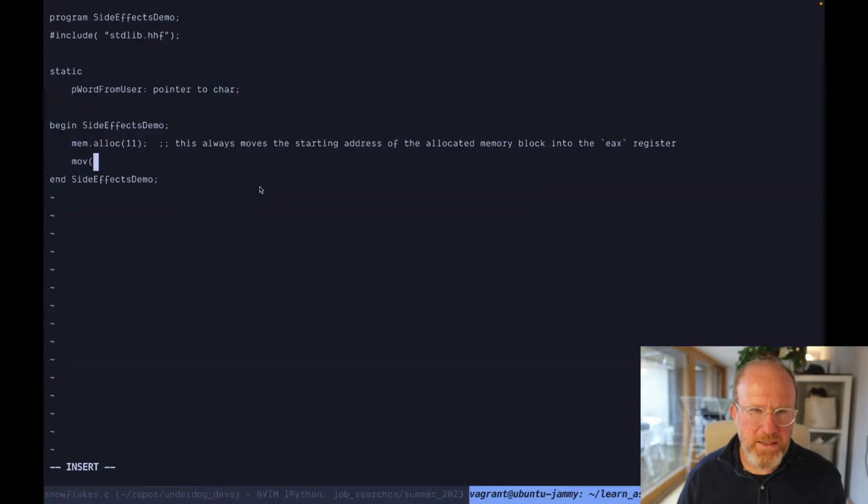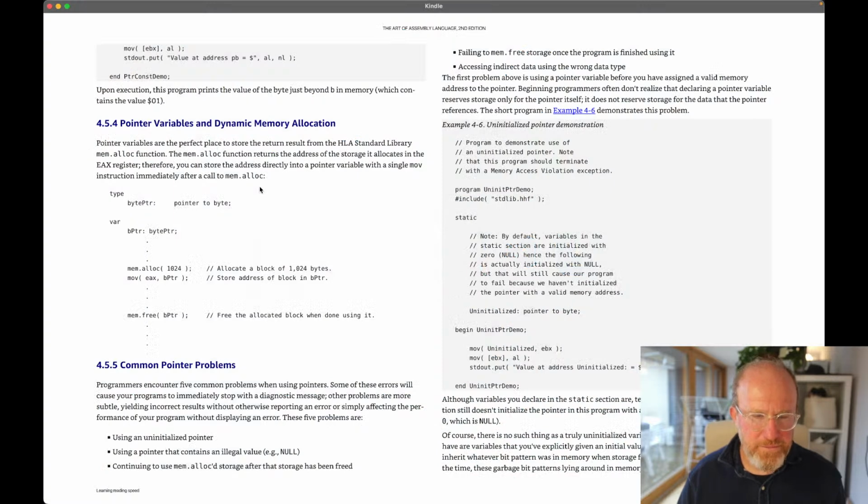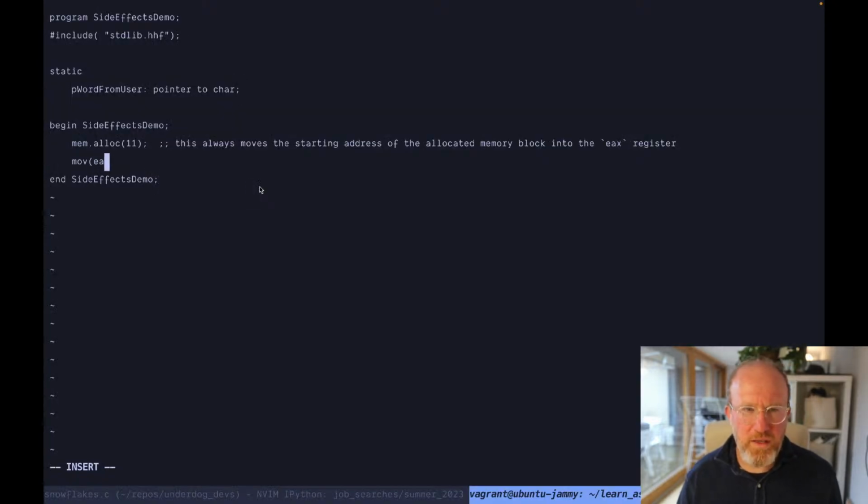The first argument is the source. This isn't true in all assembly language. The first argument is the source. The second argument is the destination. So we're going to move the value in the EAX register into the P word from user, the pointer to the word from user. And then